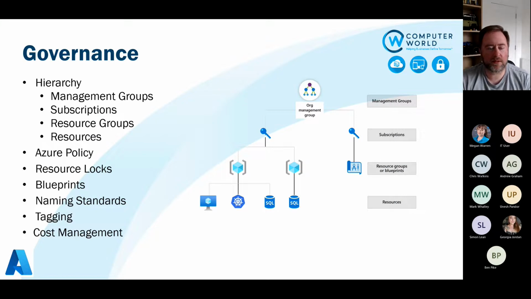Okay, moving on to governance. So when we're moving into the structure, how we structure our Azure resources, we've got a defined hierarchy that we can use, and that's starting with management groups, going into subscriptions, then into resource groups, and then finally resources. The purpose of doing that is to allow us to apply things like policy and map our organizational requirements at a high level. So starting at the management group at the top, we also have a tenant root group, and